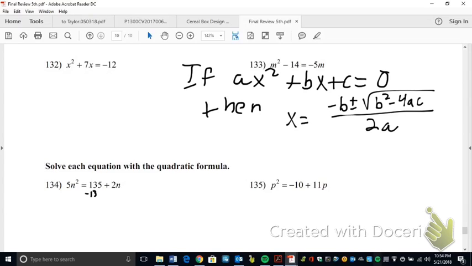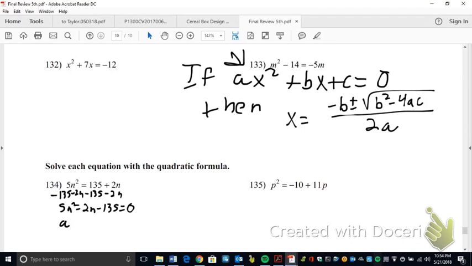But notice it only works if ax squared plus bx plus c equals 0. So let's look at 134. Now 134, we should immediately note that nothing is on the same side. So I want to put everything over to the same side so we can get that look of this ax squared plus bx plus c equals 0. So we're going to subtract 135 and 2n from both sides. That means that I'm going to have 5n squared minus 2n minus 135